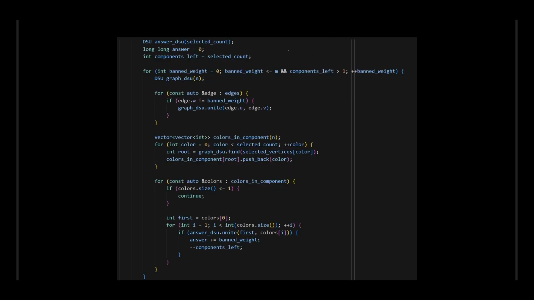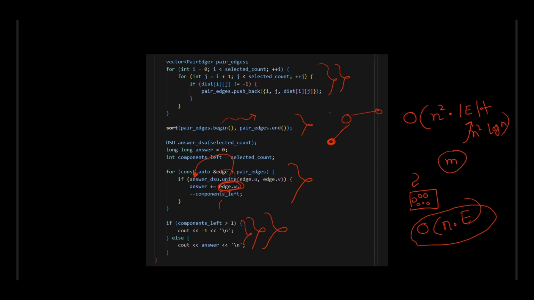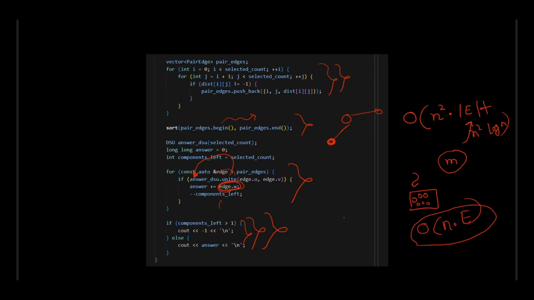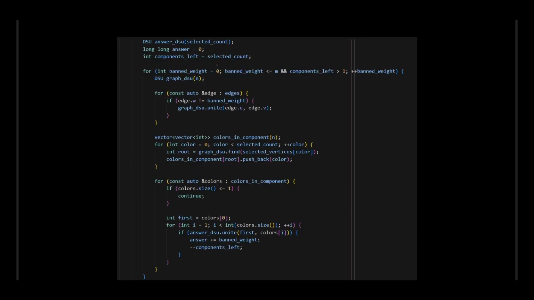You just have the same code as before, like you had for banning the edges, this one. But this time you don't apply the pairwise edge computation algorithm. You just say that, okay, I want to ban this edge, a particular edge B. And then after banning an edge, you decide which nodes are still connected. Like you decide in the original graph which one of them are part of the same connected component or not,